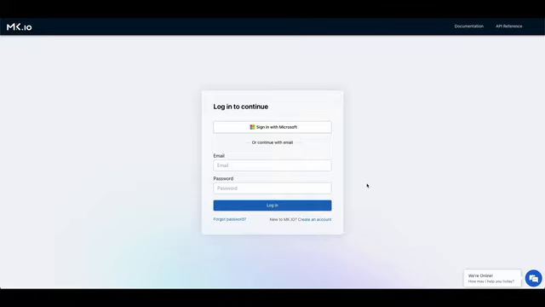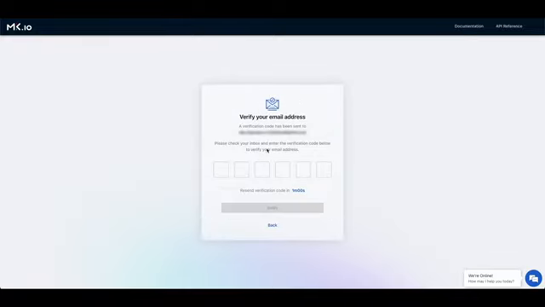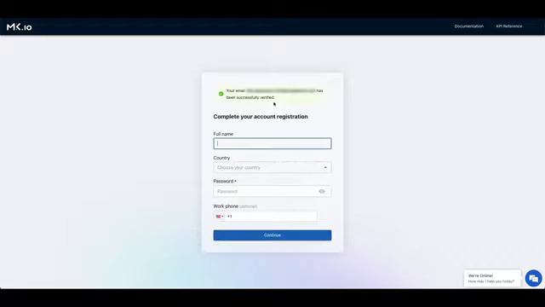If, however, you are a new user, you can click Create Account down here, and then you've got the same two options. You can either create an account using email or you can use single sign-on. I'm going to create one using email for this example because it involves creating an organization as well. So once I've added my email address, it will send me an email with a verification code. And then you click verify,